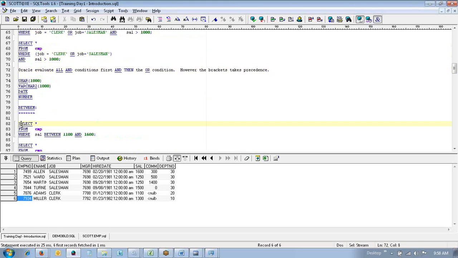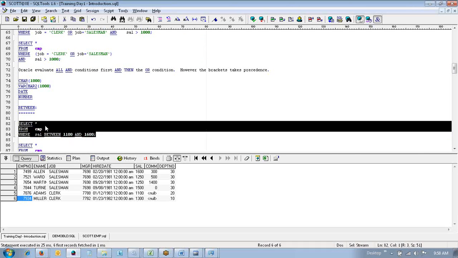Next condition is the between clause. Select star from employee where salary is between 1100 and 1600. This is an example here. If we run the query, it's giving me 6 records. And remember these two,